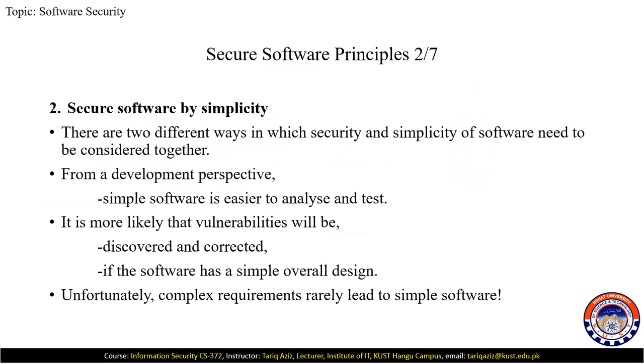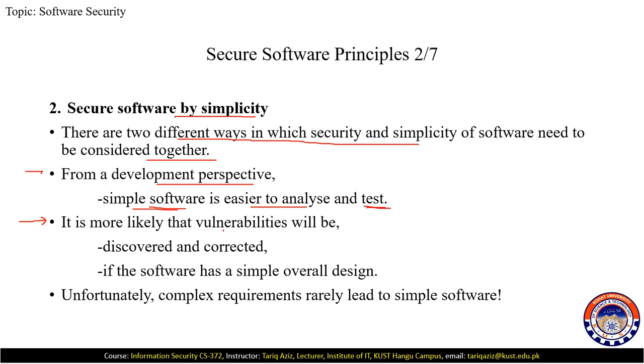The second rule says secure software by simplicity. What does it mean? It means that there are two different ways in which security and simplicity of software need to be considered together. Okay, the first thing is that from a development perspective, your software should be simple and it should be easy to analyze and test. Now, what's the advantage with respect to security? The advantage is that if our software is simple to analyze and simple to test,